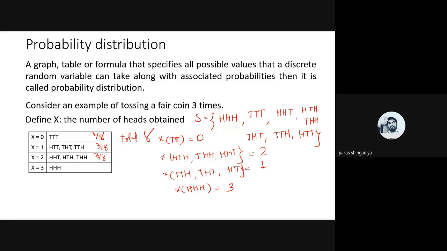Now for x equal to 3, okay, probability for x equal to 3. So how many outcomes do we have which take output x equal to 3? There is only one outcome, that is H, H and H. There is only one possibility we have which takes output x equal to 3. Okay, so what is the probability for x equal to 3? That is 1 by 8. Is it clear, the answer for the probability of each case? Is there any confusion for anyone?